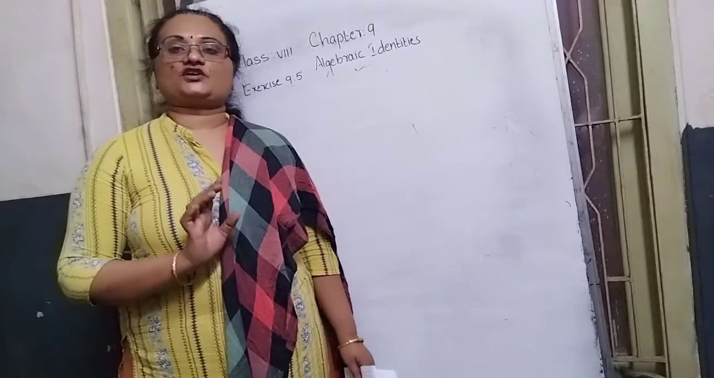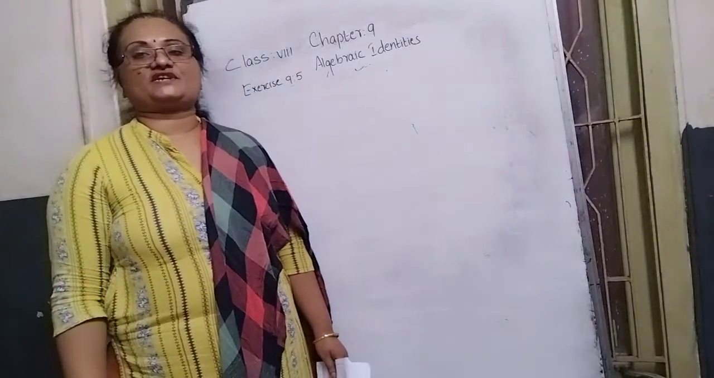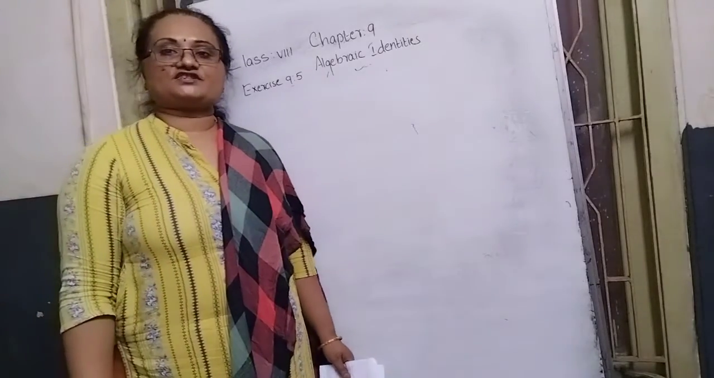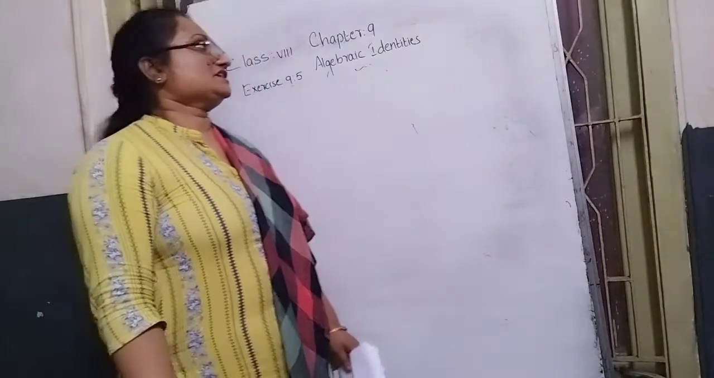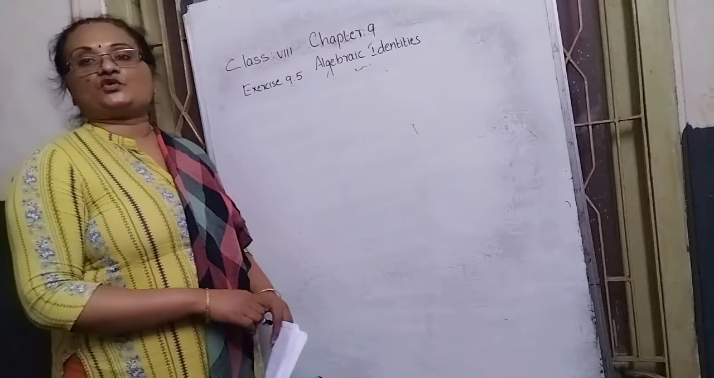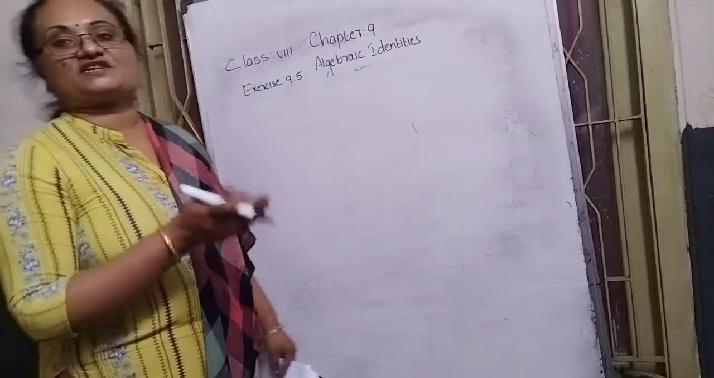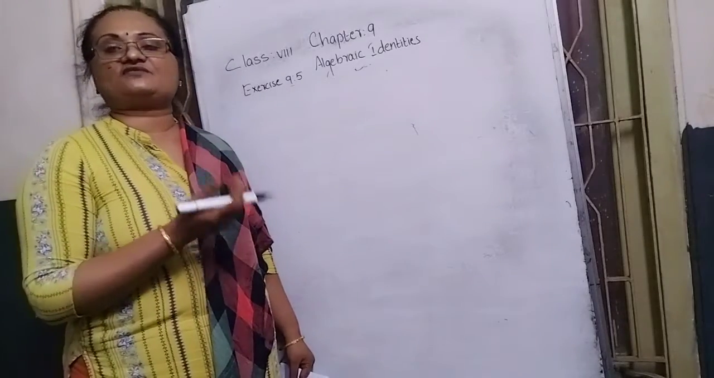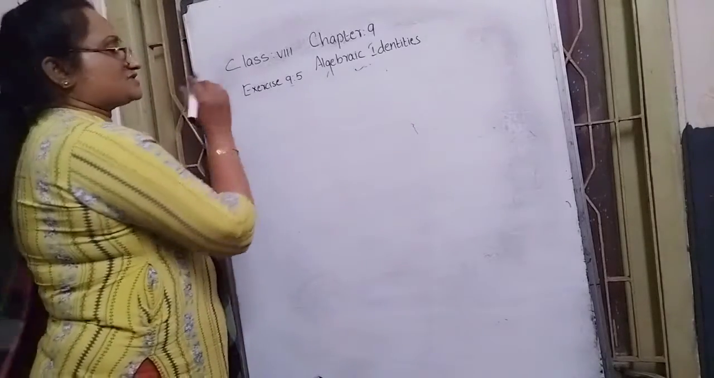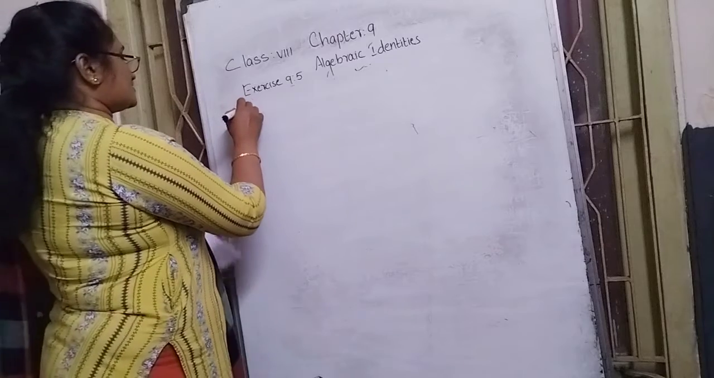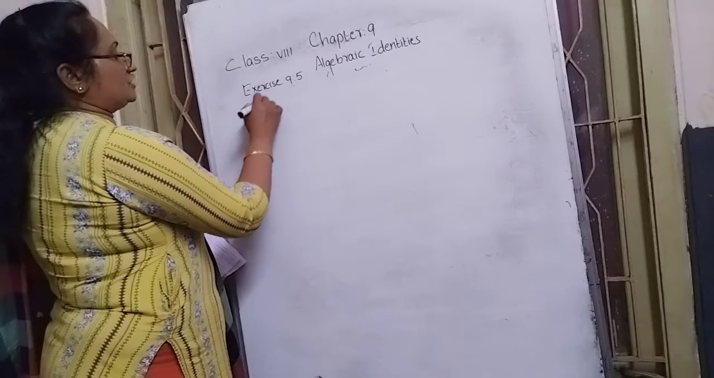Hi students, now we are going to discuss chapter 9, algebraic identities. In exercise 9.5, show that means we want to prove the left side is equal to the right side or not. First question, first Roman, show that